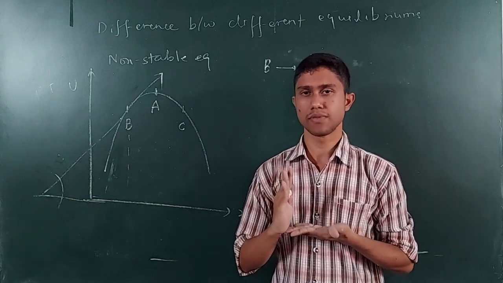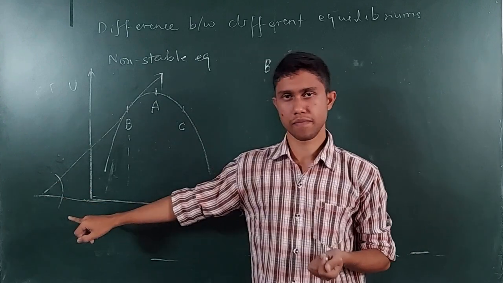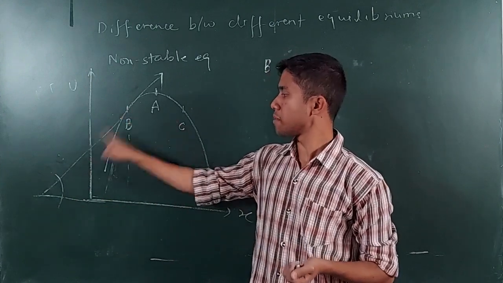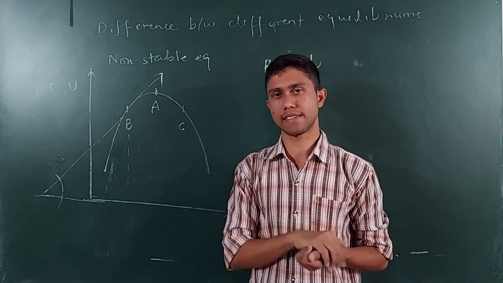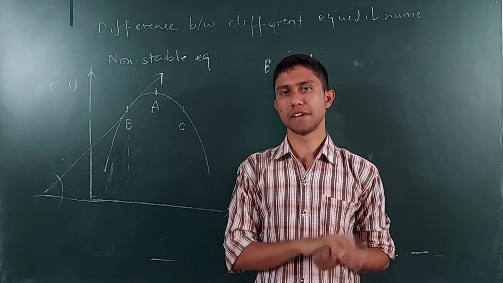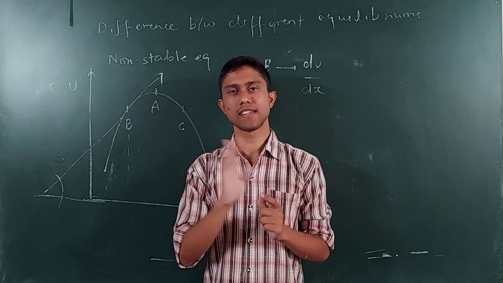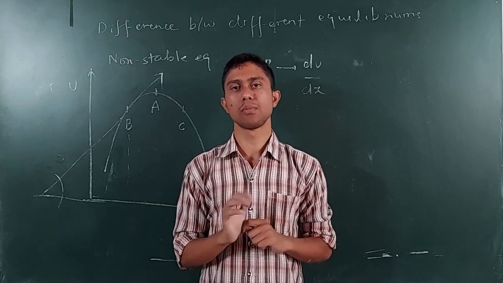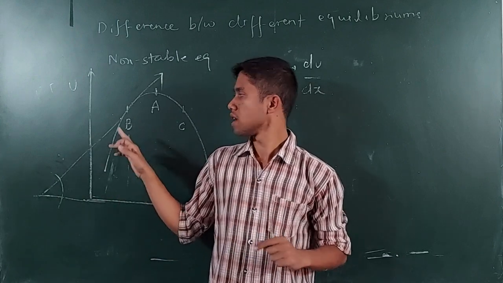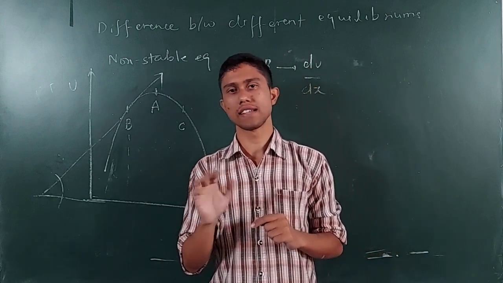90 degrees is this way. It is an acute angle. So the tangent at point B is making an acute angle with the x-axis, meaning the slope at point B is positive. Understand that the slope for angles less than 90 degrees is positive, and the slope for angles greater than 90 degrees is negative. So at point B, the slope is positive because the angle is less than 90 degrees.